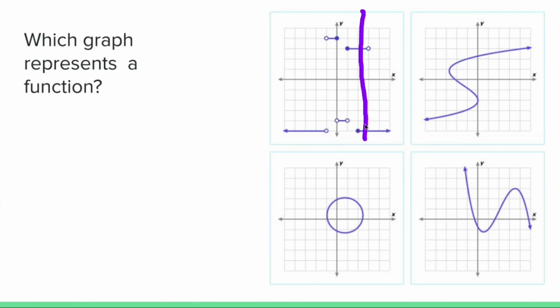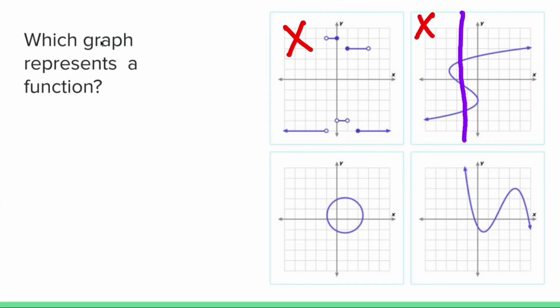Right here, it fails the vertical line test. So this graph is not a function. Now let's keep going. If at any point my vertical line hits the graph more than once, like it does right there 3 times, it's not a function. If at any point my vertical line hits the graph more than once, like it does right here twice, it is not a function. But when I look at that last guy,